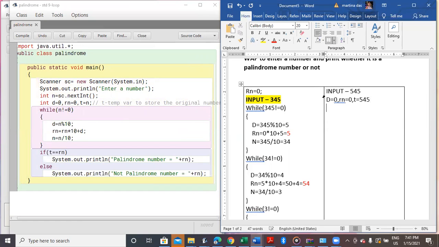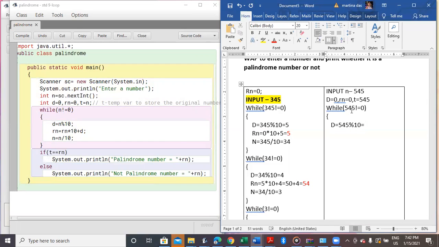Okay, so we come to our while loop. In the while loop, the condition says: till n is not equal to 0. The n value I have taken is 545. So 545 is not equal to 0, so it will enter the loop body. The digit will be extracted. What is the digit extracted? 545 modulus 10.